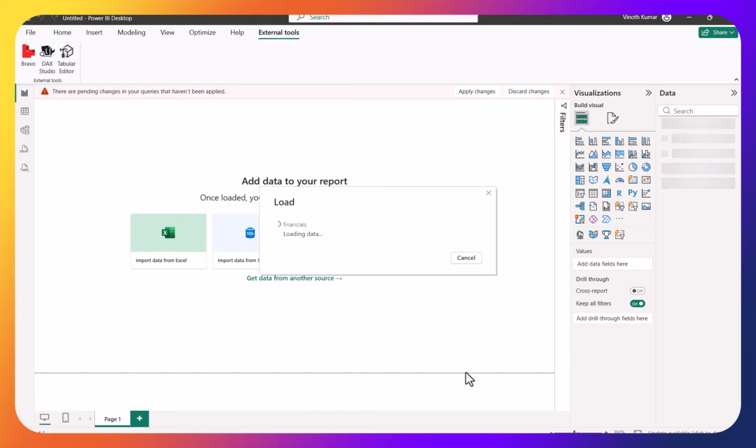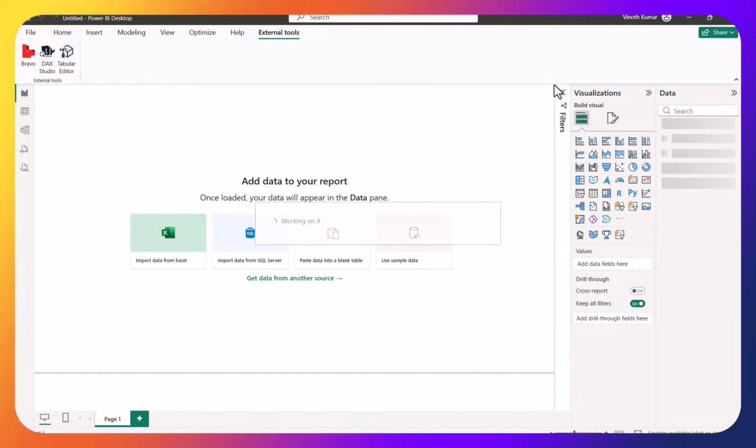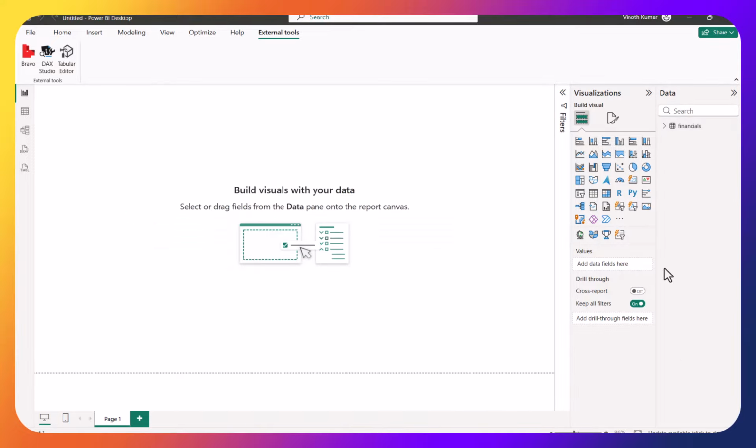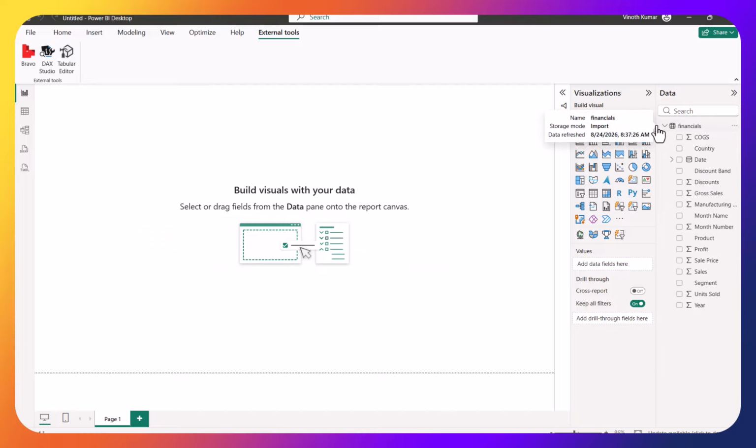Once the data is loaded, you can see the data on the right-hand side in your data tab, and you can also jump to Tabular Editor here, which will allow you to see the same data inside Tabular Editor. You can use Tabular Editor outside Power BI Desktop, but I have installed Tabular Editor already, so you can see that the external tools ribbon has Tabular Editor in it. So I'm going to go for Tabular Editor here,